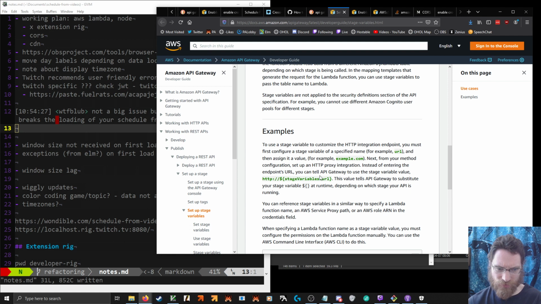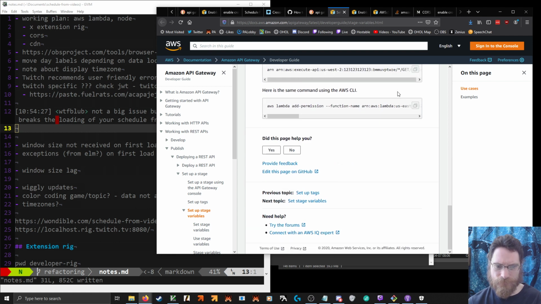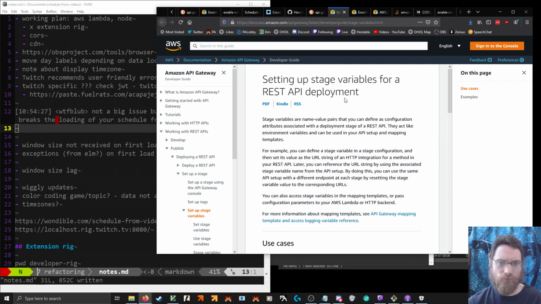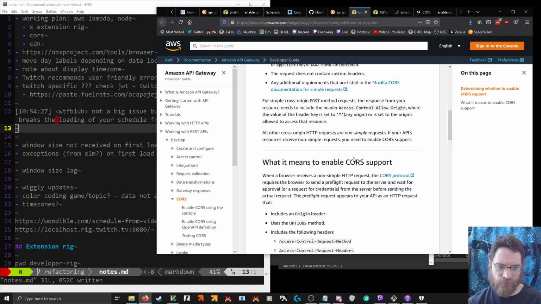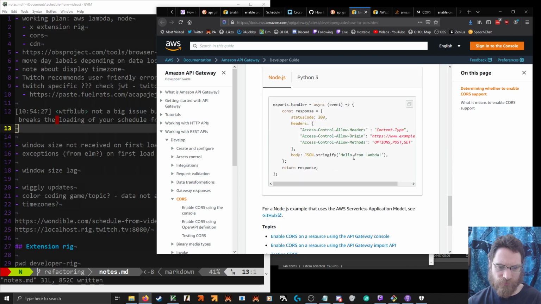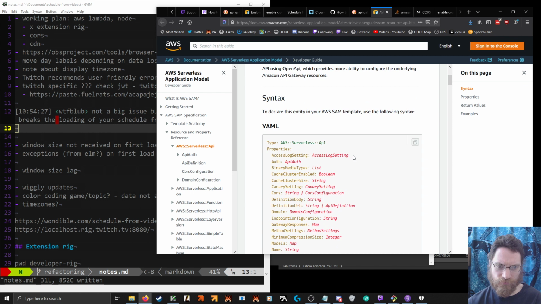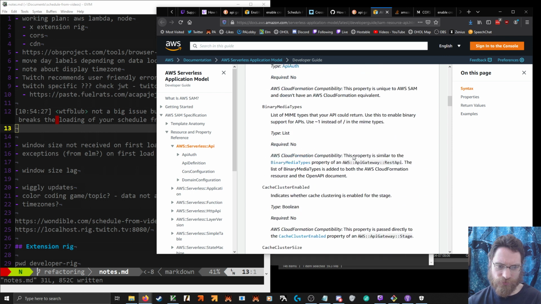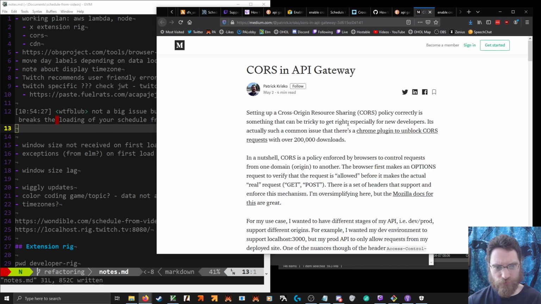Endpoints, it's an integration. This is just stage variables. Saw that already. This is their YAML stuff. Okay, so this is the automatic adder, which failed.